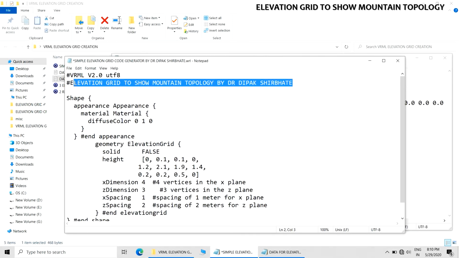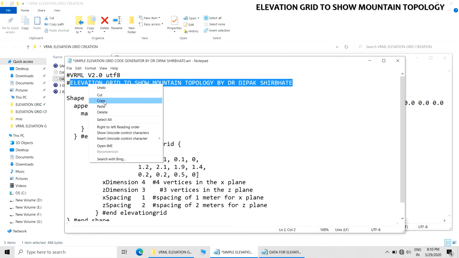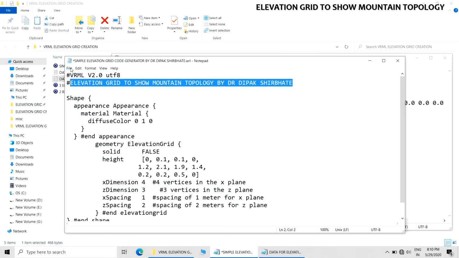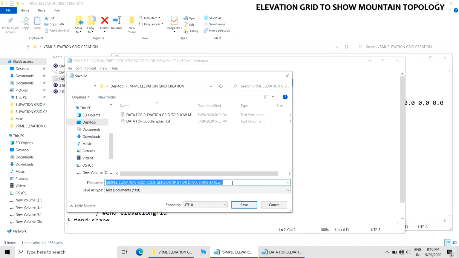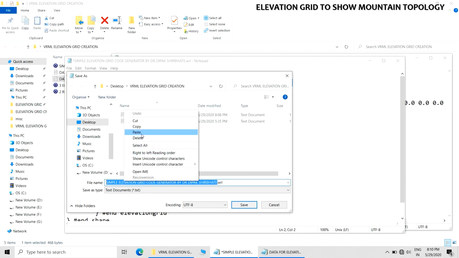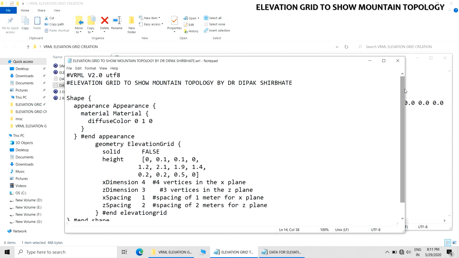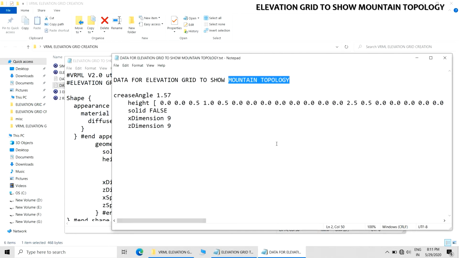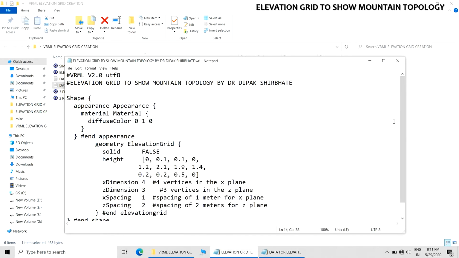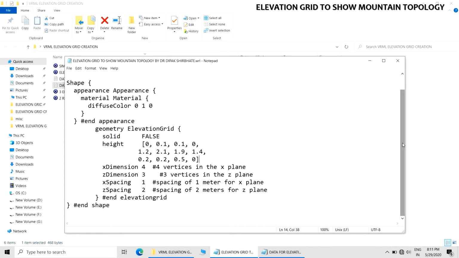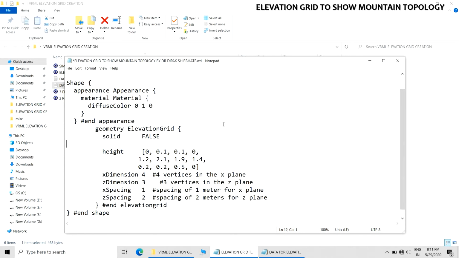Then you can use the same title for saving the file so that the source file will get preserved. Then we have got the crease angle data, which you can paste above the height after the solid falls information.